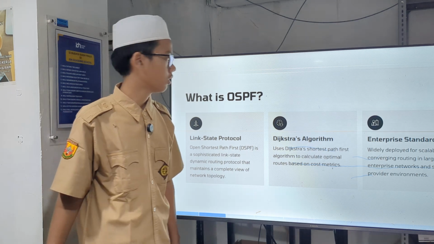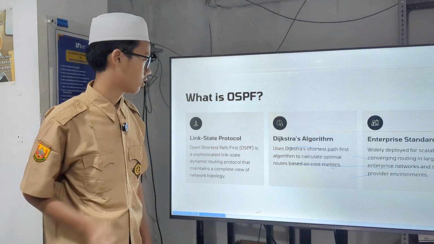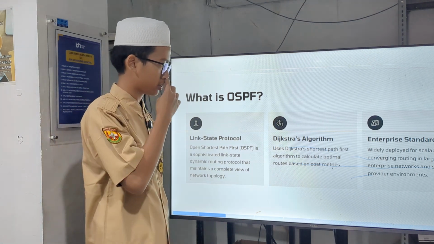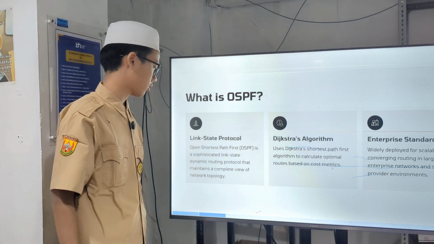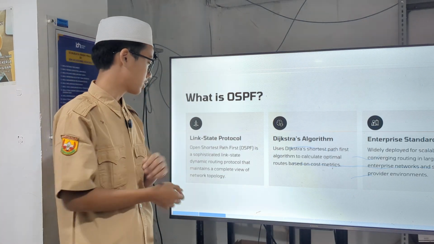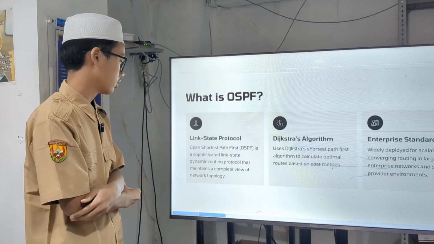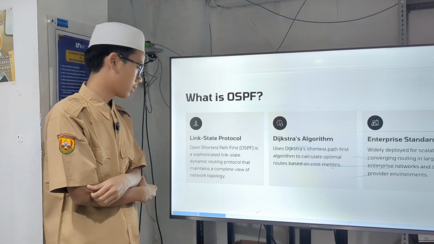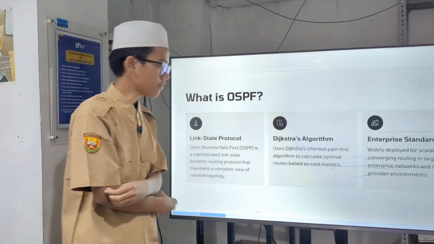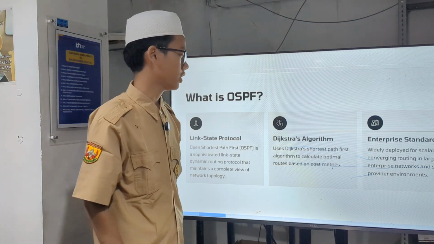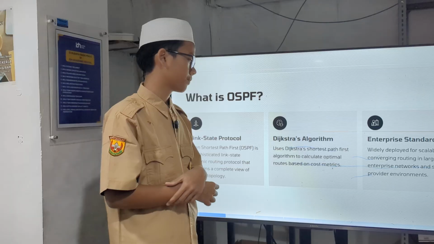First, what is OSPF? There are three points about OSPF. The first is that OSPF is a link state protocol. OSPF, open shortest path first, is a sophisticated link state dynamic routing protocol that maintains a complete view of network topology. Next is the Dijkstra algorithm.